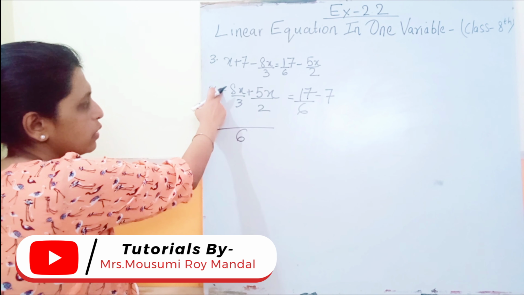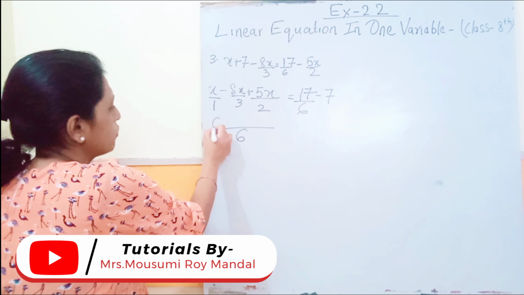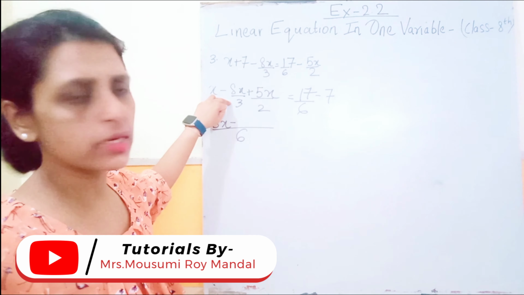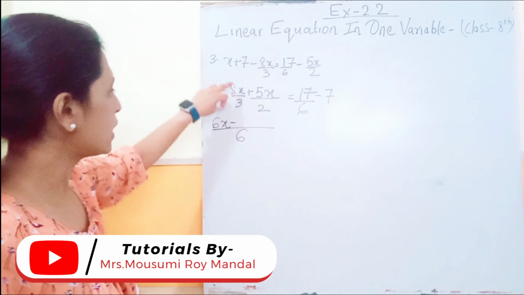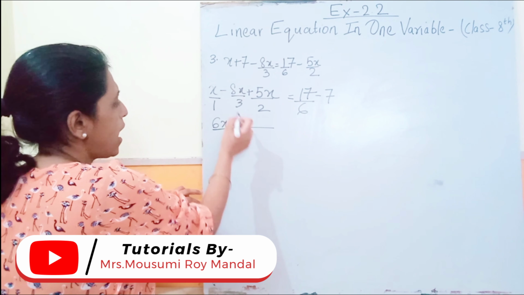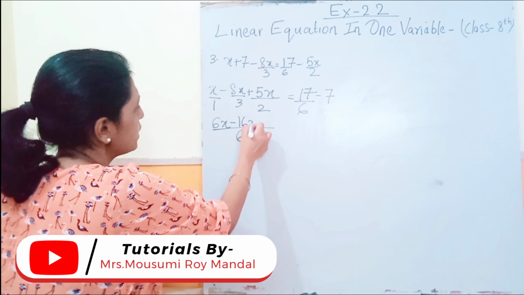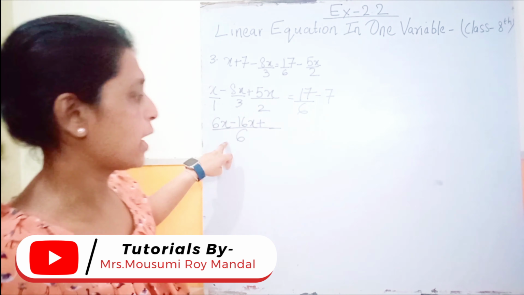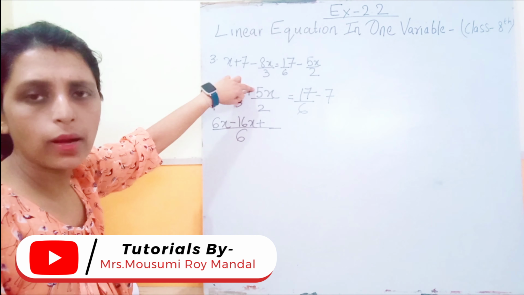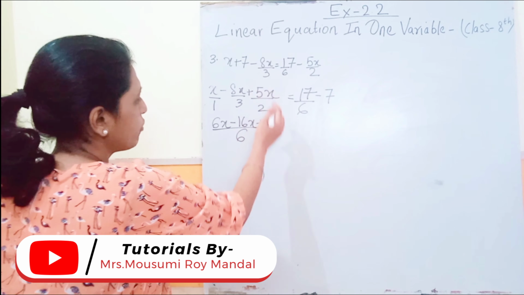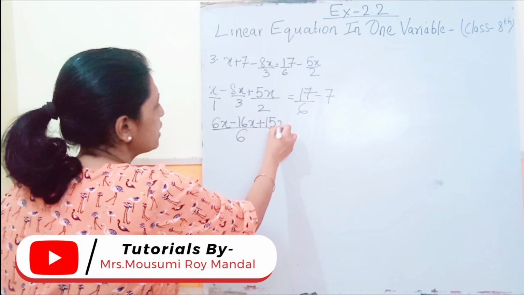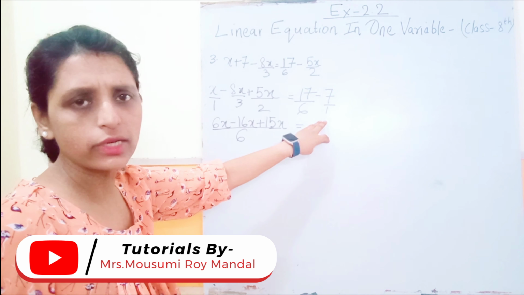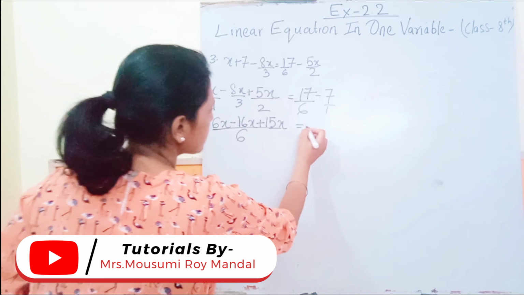Okay. So now in 1's table 6 comes 6 times, and this 6 will be multiplied in the numerator. So it will become 6 into x, that is 6x minus. In 3's table 6 comes 2 times, so that 2 will be multiplied in the numerator and it will become 8 2's 16x. Plus, in 2's table 6 comes 3 times, so that 3 will be multiplied in the numerator and it will become 5 3's 15x is equal to,